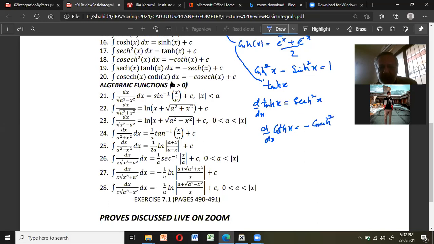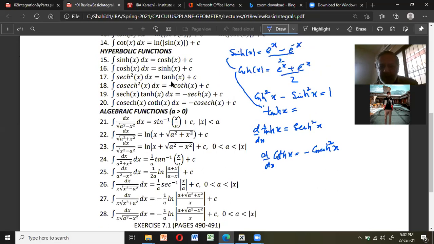Of course, you can verify all these results using the elementary definition of hyperbolic functions in terms of exponential functions. So tangent hyperbolic, for example, is sine upon cos, and sine upon cos means e power x minus e